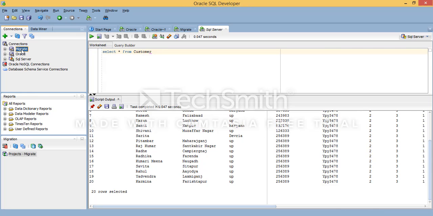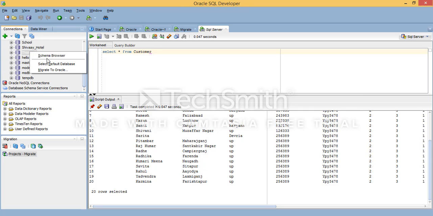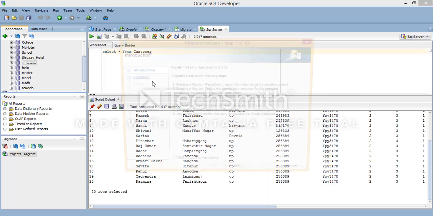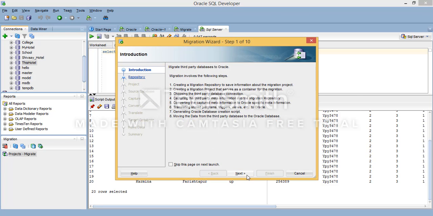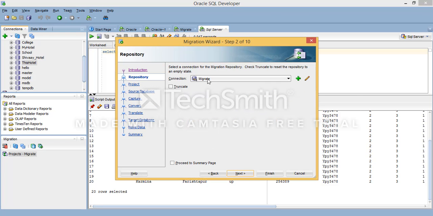So now click on that, select your database here. Now go to SQL Server, select your database. Now click on Migrate to Oracle. Now select your connection, select a connection for the migration repository.